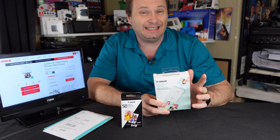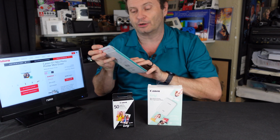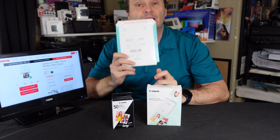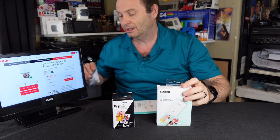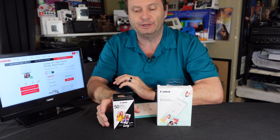But my wife wanted something that was decent, that didn't use any ink, because nobody wants to replace ink, and the paper couldn't be anything crazy. And let's be honest, if you want to print out a picture, it's kind of a pain. Yeah, you could go to Walgreens. I went to Walgreens to actually print these same pictures using a Walgreens printing service. You could see the quality of a professional printout versus this little printer's printout on the ZINK paper that were being used here. So we're going to take a look at both of those,